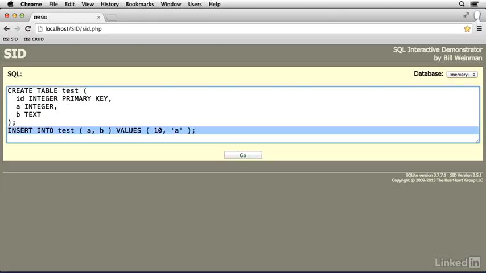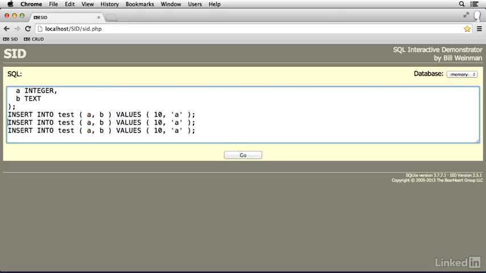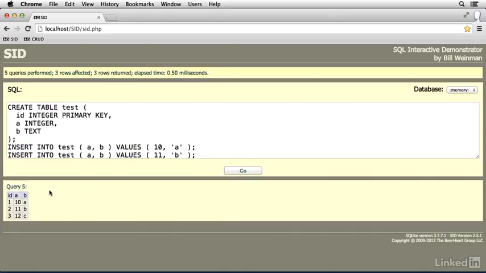And I'll just copy that a couple of times. Call them 11 and 12 and B and C. And we'll put in a select statement so we can see what is in our table now. Press the Go button, and you see our ID column has been automatically populated with sequential